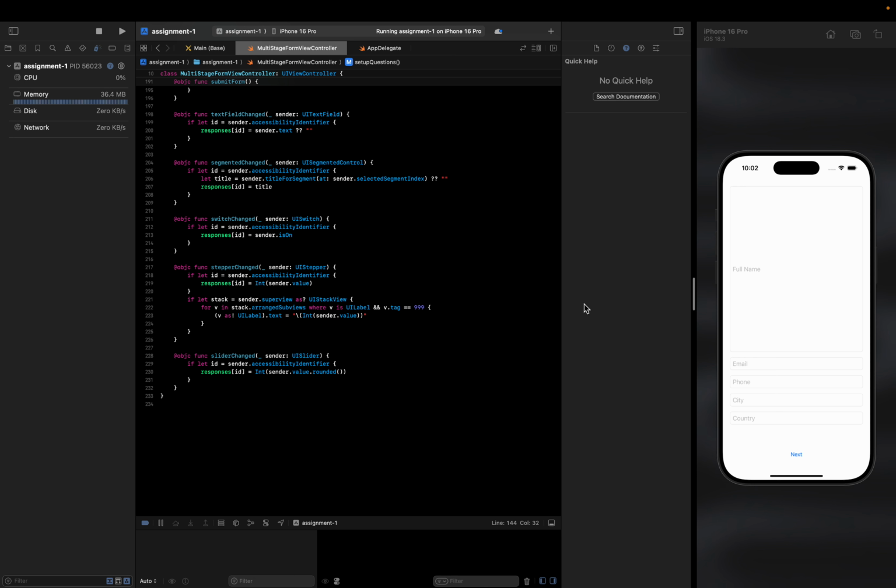So first of all, everyone, my name is Cam Nesso, and this is my demonstration of my multi-stage form view controller application I created for my assignment 1. As you can see, this is a multi-stage form built with UIKit. This form is built into 4 pages